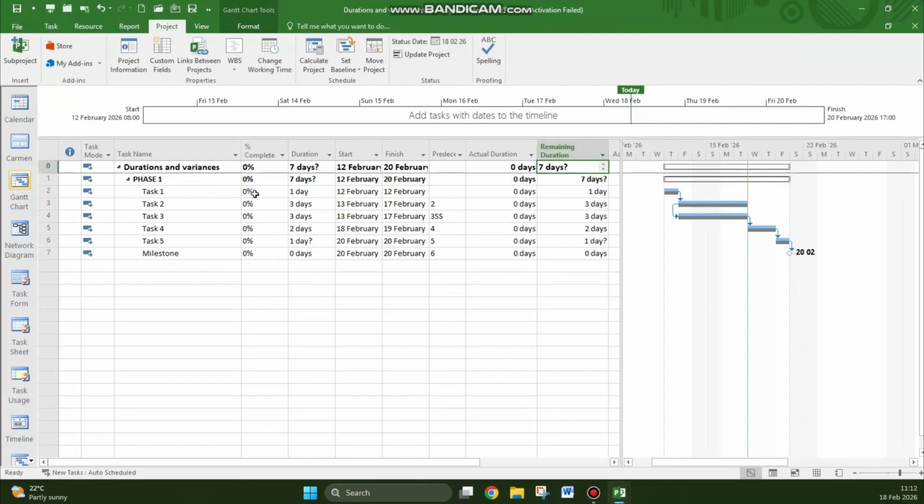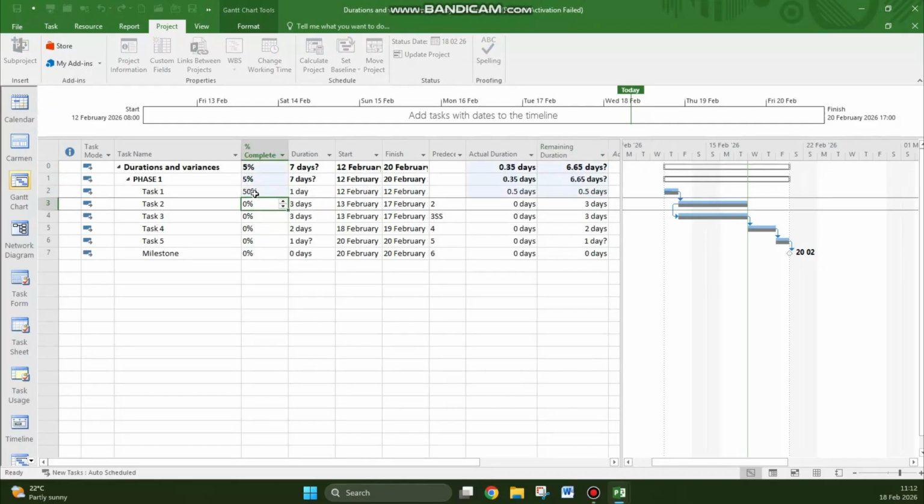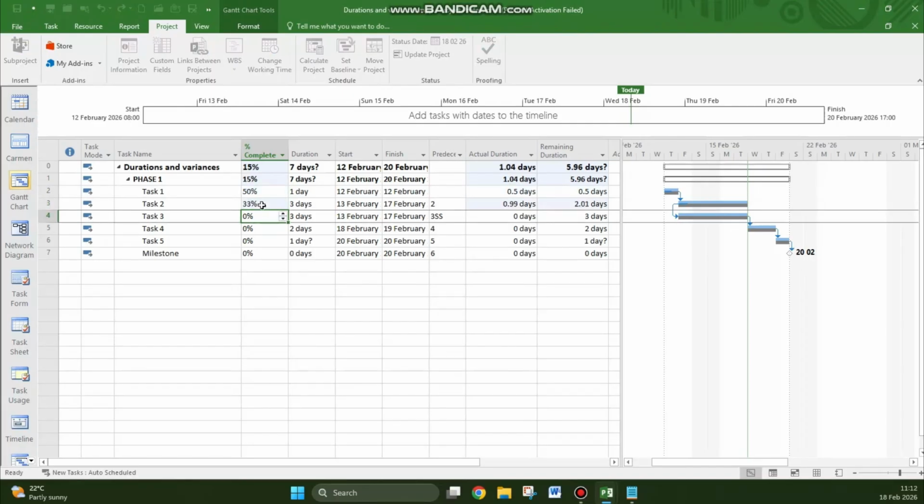But then if we go and enter in our percentages in terms of how much has been done, notice that those numbers change dynamically, 0.5, 0.5. We can play around with as many tasks as we want, but this is what will happen. It's always wise to ensure your baseline first, and then of course to ensure your status date. 2.01, 0.99